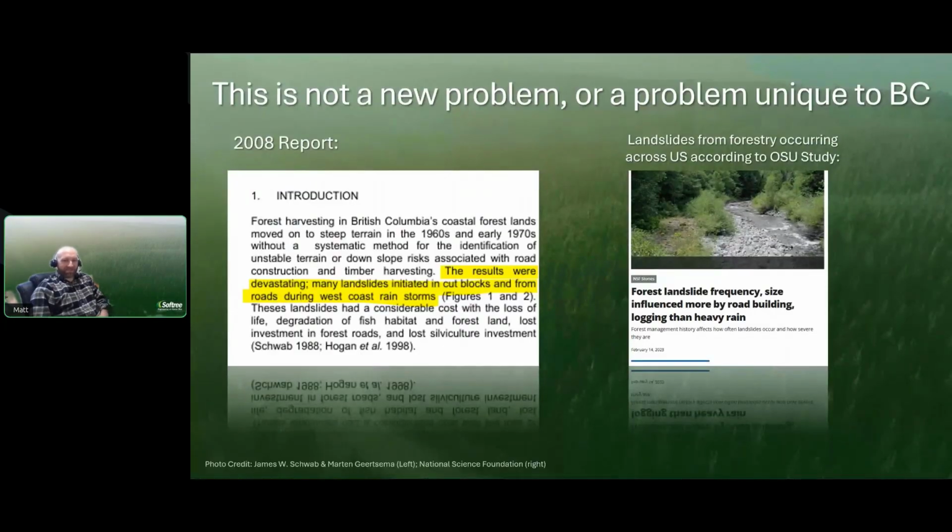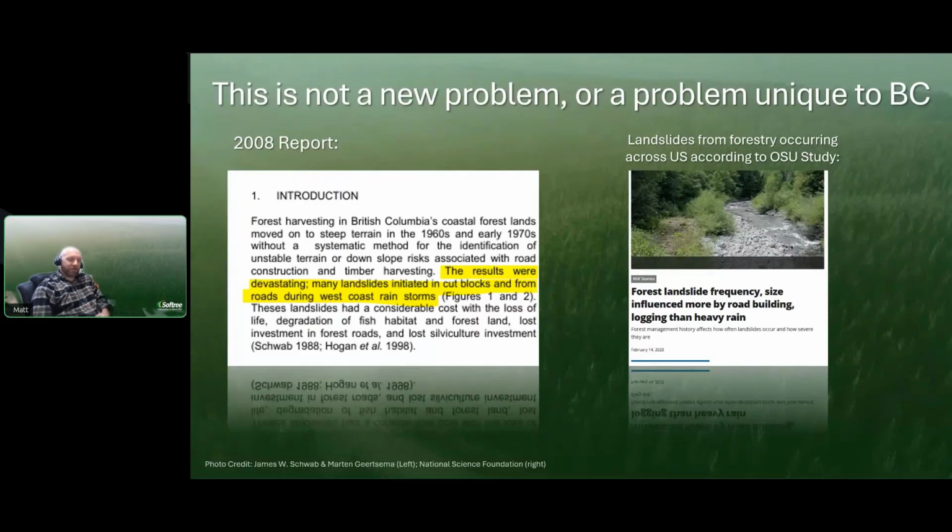So many landslides initiated in cut blocks from roads during West Coast rainstorms. And then they go on to say that these landslides had a considerable cost with loss of life, degradation of fish habitat and forest land, loss of investment in forest roads, loss of silviculture investments. So yeah, these things that we're talking about are really nothing new.